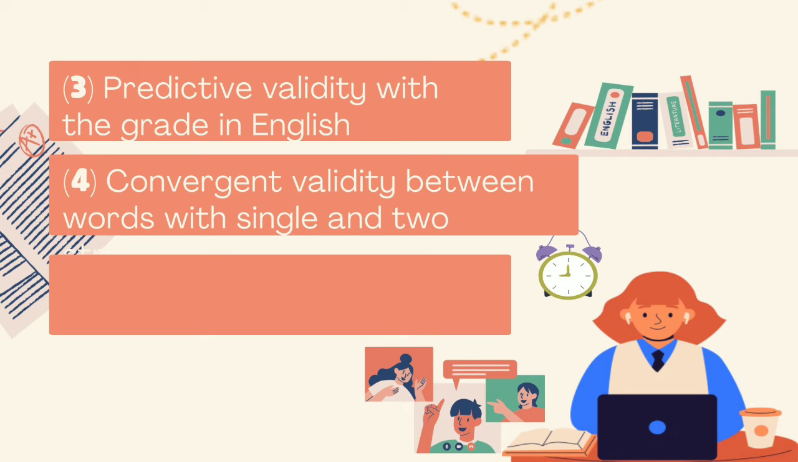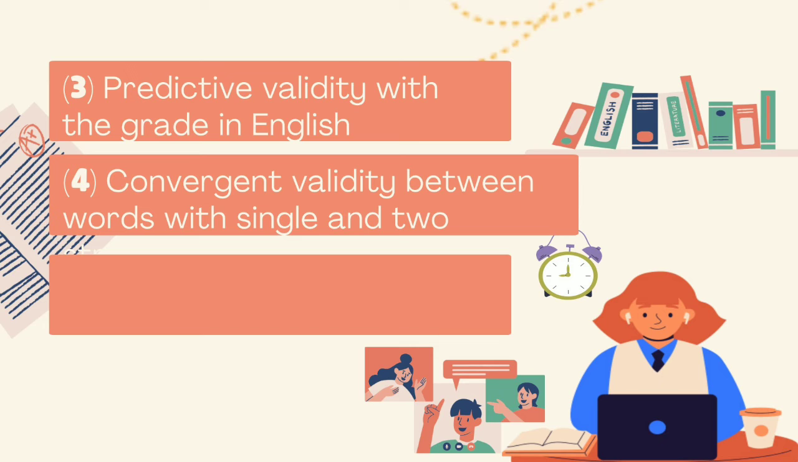Convergent validity between words with single and two stresses. So, this activity likely focuses on determining the consistency of measurements, comparing words with one stress to words with two stresses. This could be related to pronunciation, accentuation, or other linguistic aspects. So, the first example of convergent validity is